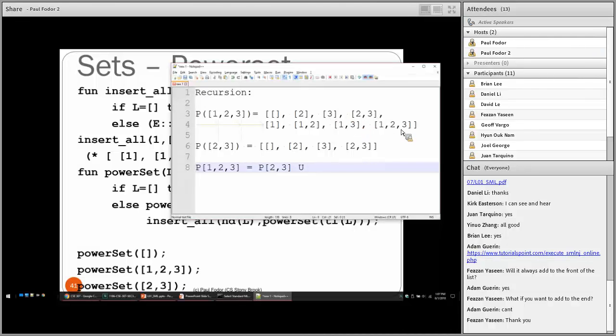We had 2, 3, now we have 1, 2, 3. And this is the power set of 1, 2, 3, because we have the empty set, the set containing 1, the set containing 2, the set containing 3, the sets {1, 2}, {1, 3}, {2, 3}, and {1, 2, 3}. So we can basically implement first a method to insert in all the sets that we get as a result of